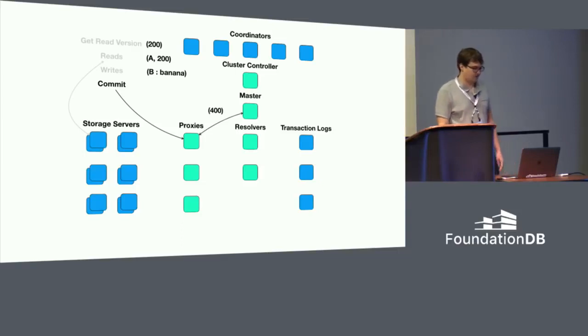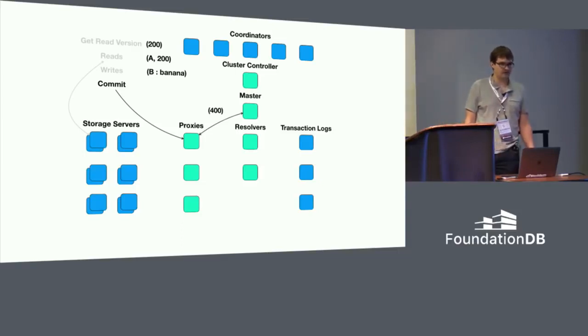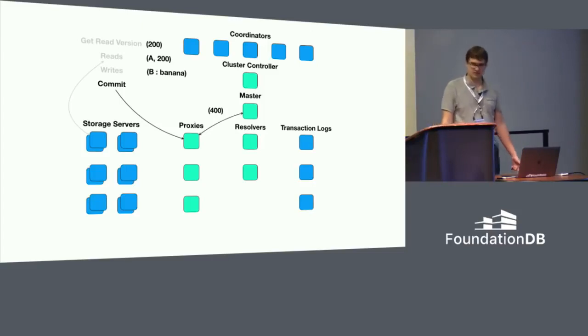So in this case, you're going to include the version that you did your reads at, every key that you read, and then every mutation you're attempting to write, and package that up together. And the very first thing the proxy is going to do with that information is assign that transaction a commit version. So in this case, we did our reads at 200, and the master is going to tell us that